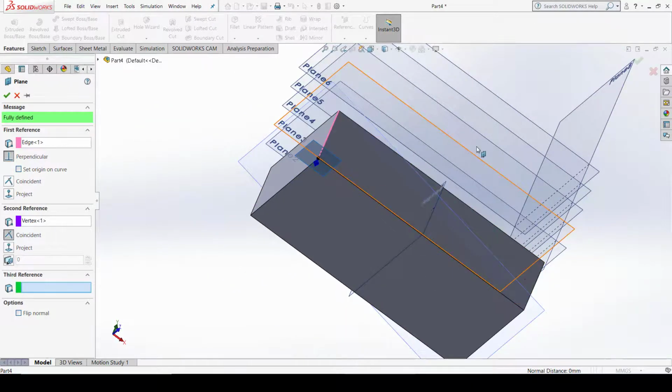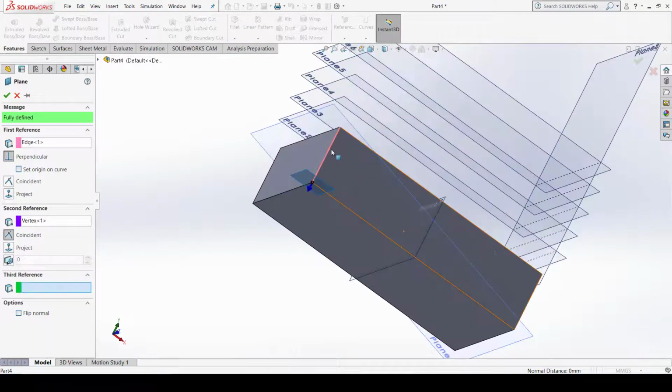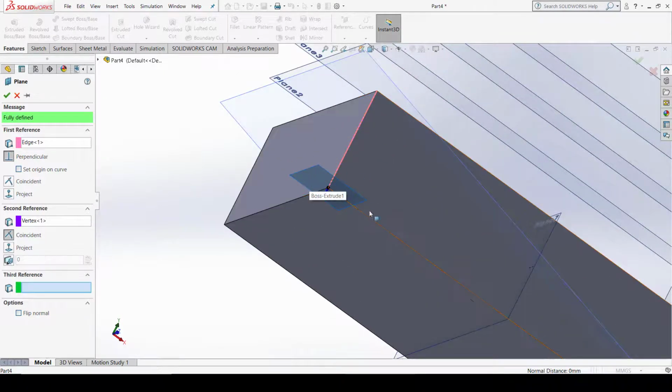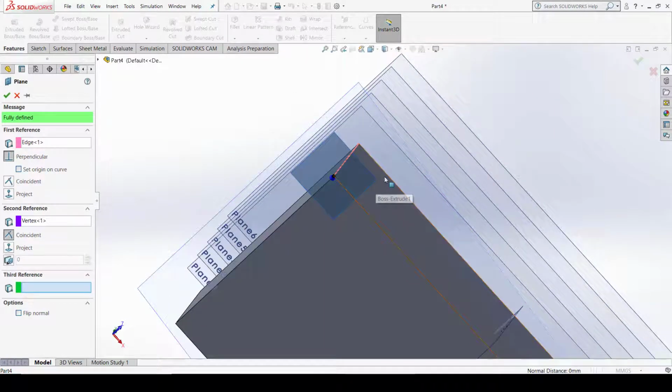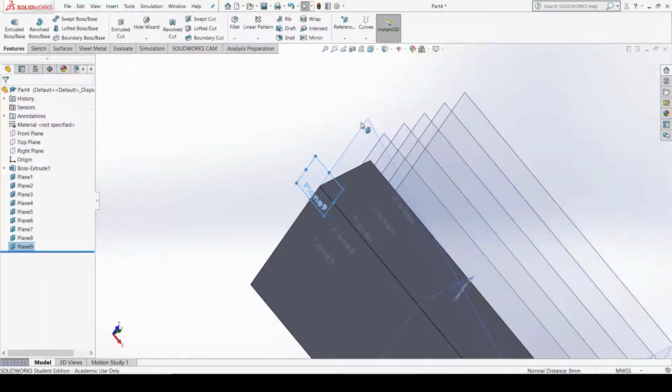Previously I selected the edge, I selected the surface, and the plane is 90 degree to the surface or the edge. Now if I select the edge and the point, the plane becomes 90 degree to the edge. It is normal to this edge. So if you need to create certain structures like this, if you need a plane which is perpendicular to the edge, then this type of plane is used. Click OK and the plane is created.